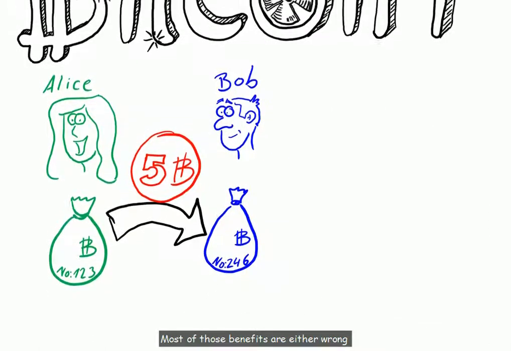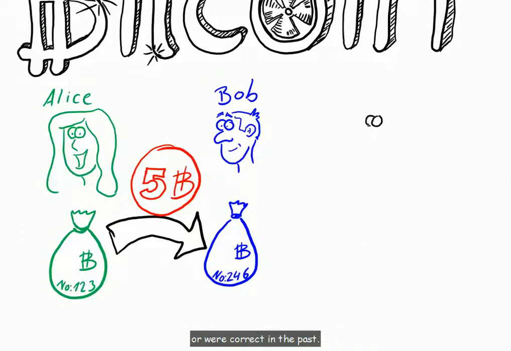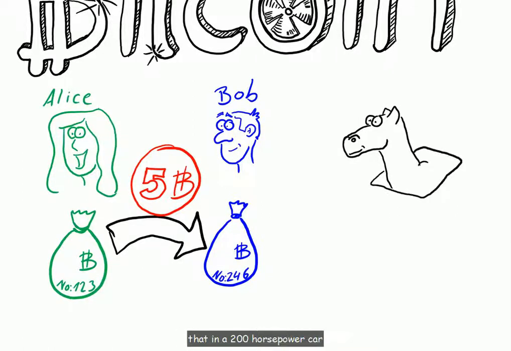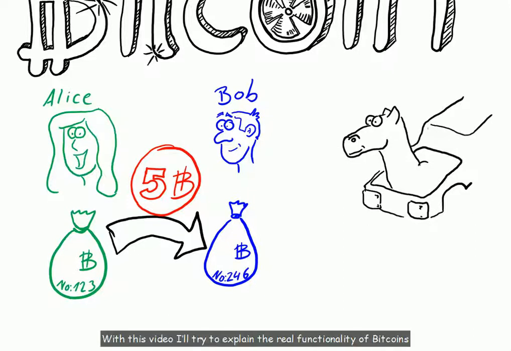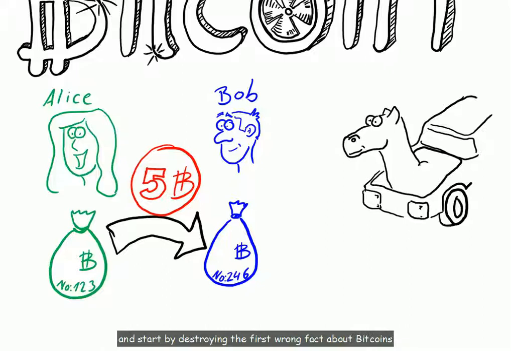Most of those benefits are either wrong or were correct in the past. This description of Bitcoins for ordinary people is the same as if you were saying that in a 200 horsepower car, 200 small horses are running under the hood. With this video I'll try to explain the real functionality of Bitcoins and start by destroying the first wrong fact